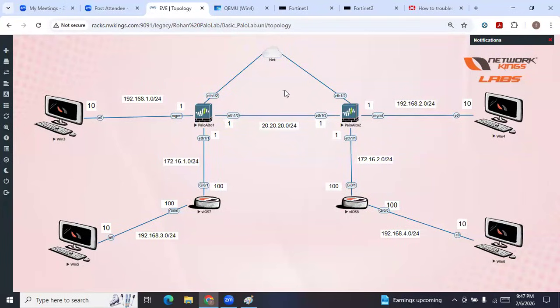So first thing, how you will take access of the Palo Alto. Simply put... Sorry, Rohan, I missed the last part, the one you said about the internet gateway. Okay, so what I'm saying is this gateway is actually a DHCP server. It will assign an IP to the Palo interfaces which are connected to this gateway. The IP that will be assigned will belong to the